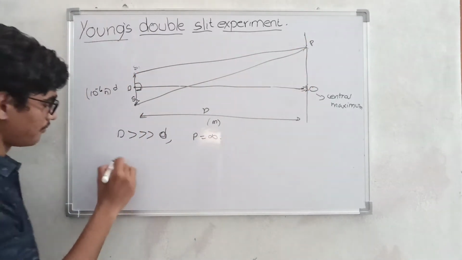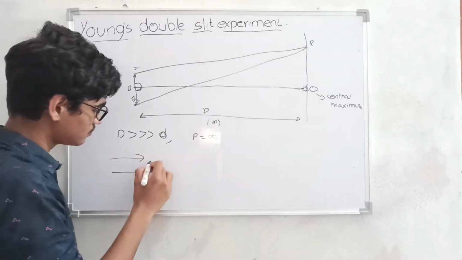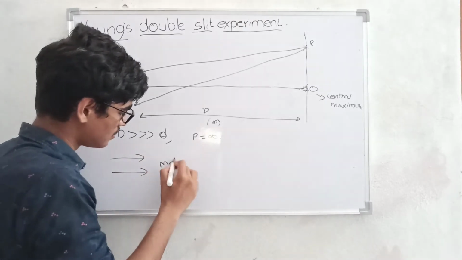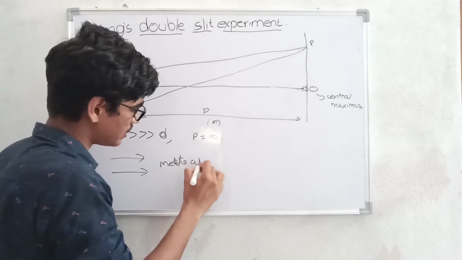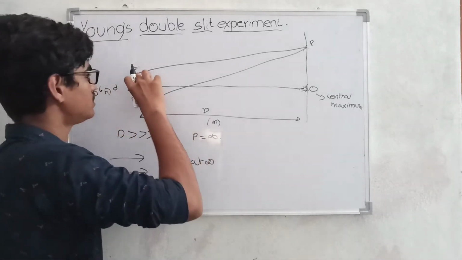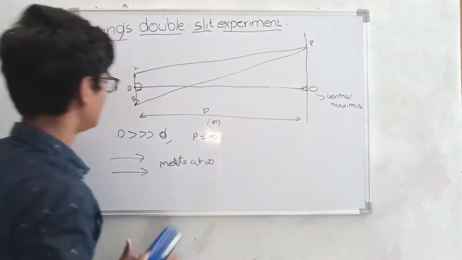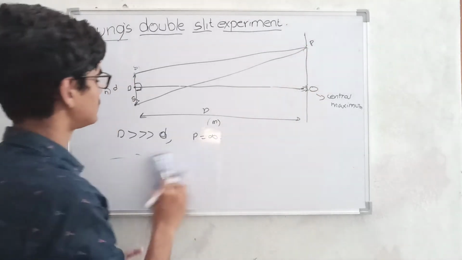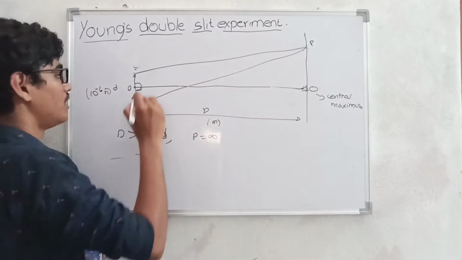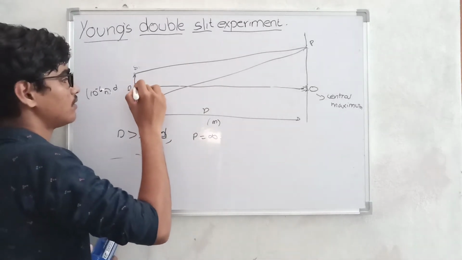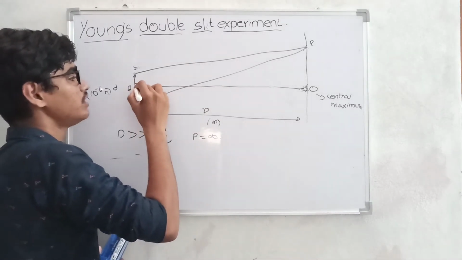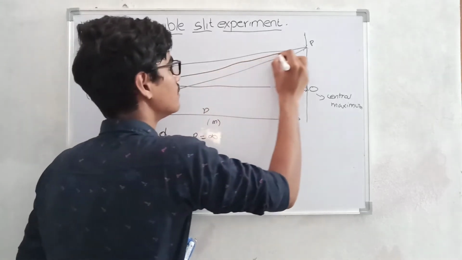We know that parallel rays meet at infinity. These two rays are meeting at infinity point P. That means these two rays are parallel, and if we join another straight line from D to P,